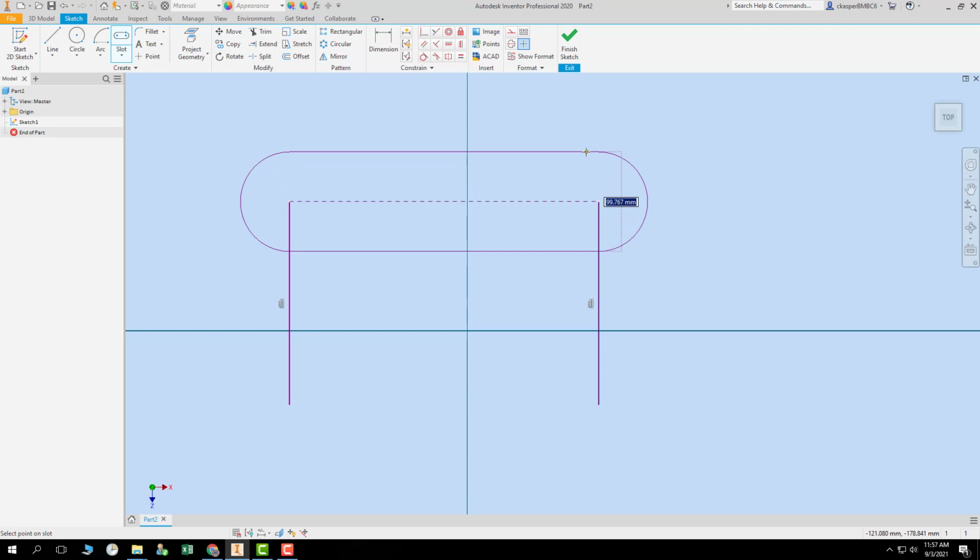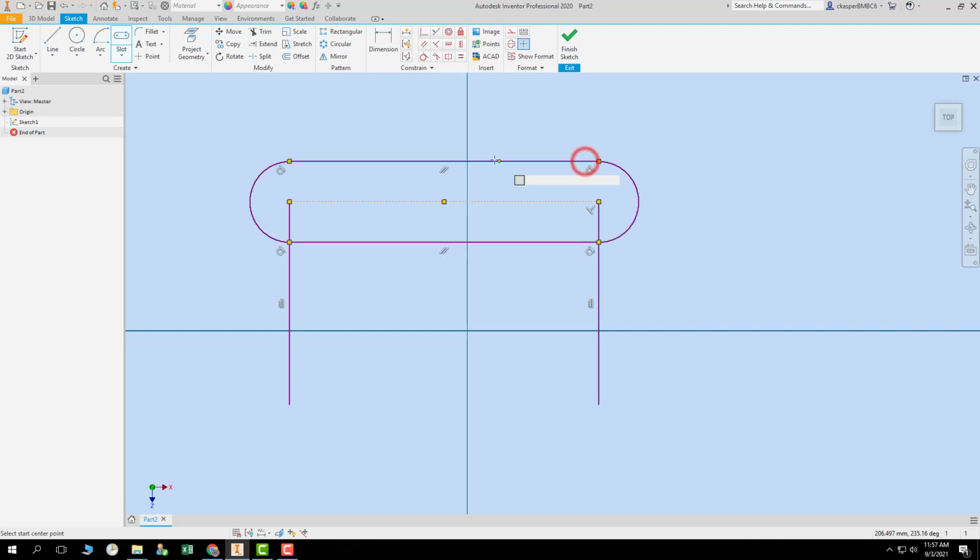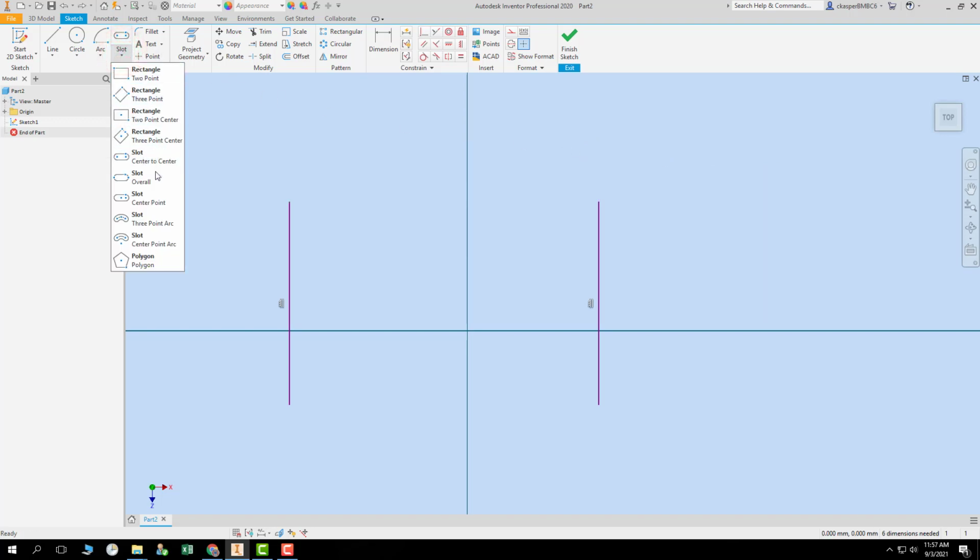Center to center. The center of the arc is on top of those 2 lines. Okay, so now I'm going to undo that. I'm going to go to the next one, the slot